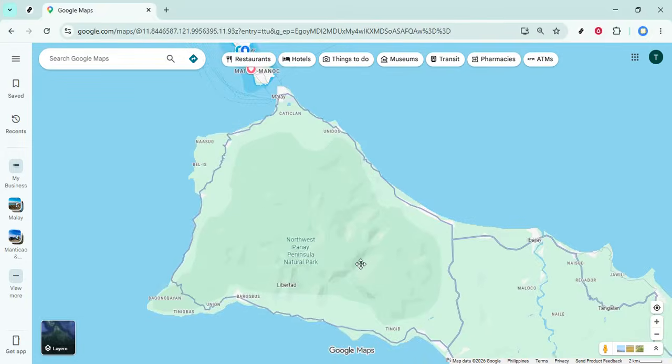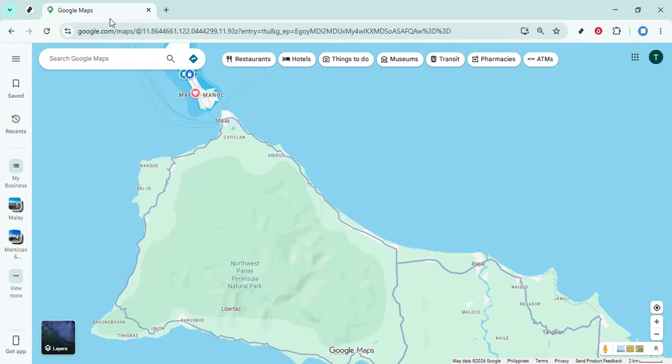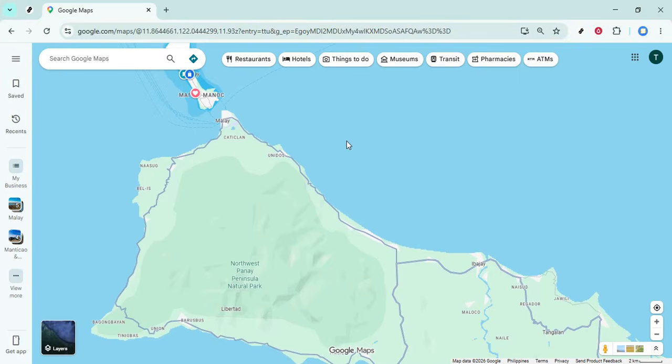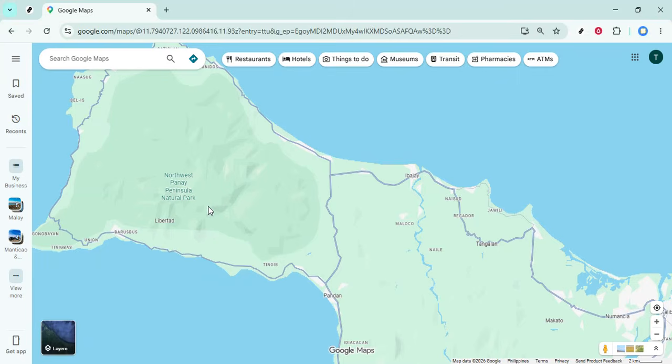First, let's open up your preferred web browser and navigate to google.com/maps. Once you're on the Google Maps page, go ahead and enter the location you'd like to edit in the search bar at the top. Alternatively, if you're browsing around the map, you can click directly on the location that needs a name change. This will pull up a small info card at the bottom of your screen with more details about the place